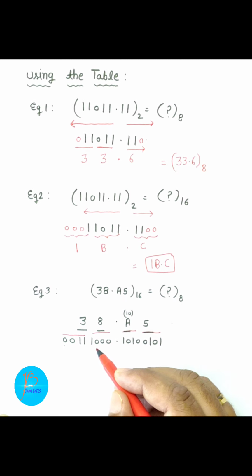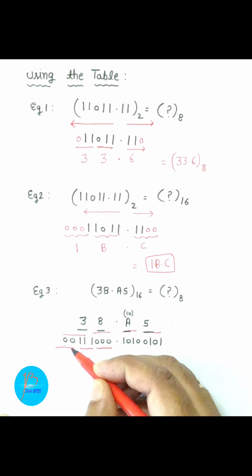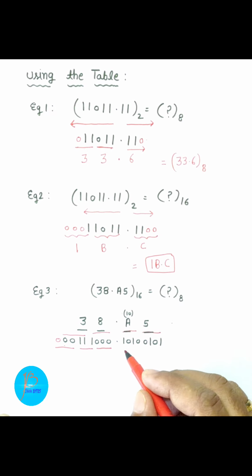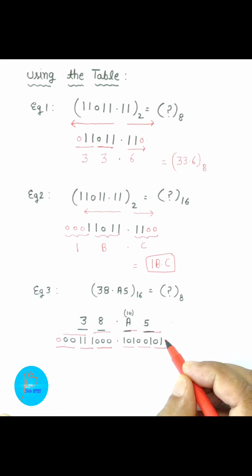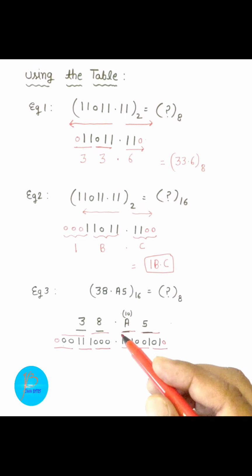So first group is of 3, then second group is of 3, and then the third group of 3. In the third group, 10 is less, so you can add 10 from your side. Then for the fractional part, you know that we will go from left to right. So first group, second group, and in the third group, 10 is less, add 10. Children, so we divided all the binary digits into groups of 3.